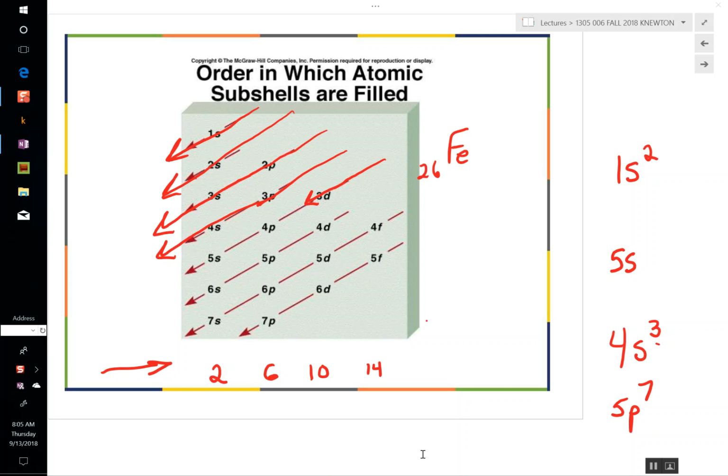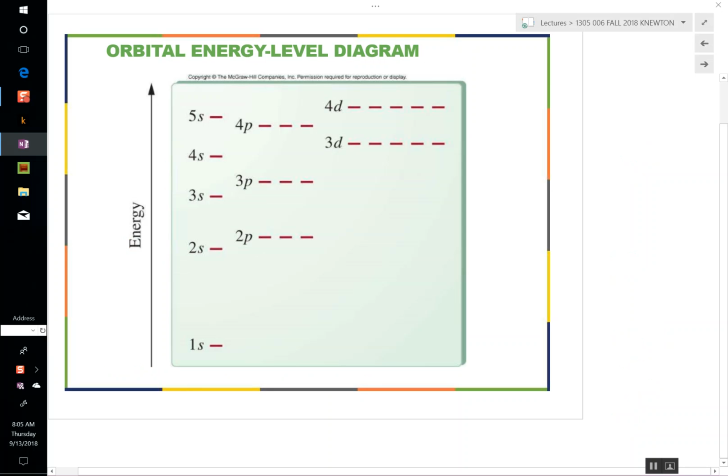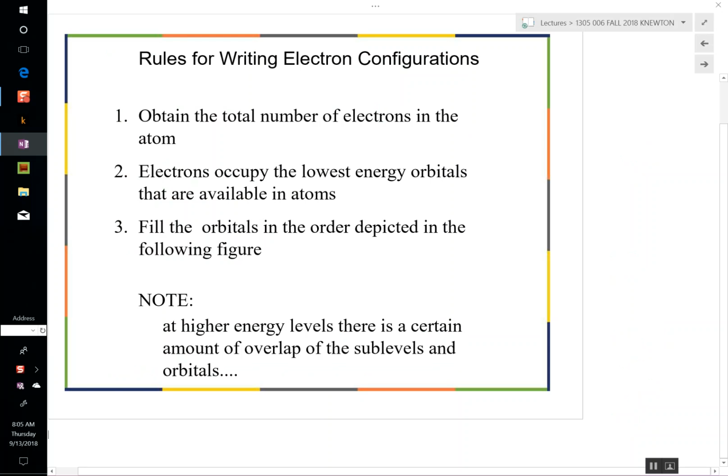So we'll start, like I said, just back a little bit. This was a critical slide. I'm going back. Rules for writing electron configurations. Just to wake you up in the morning here, we mentioned this on Tuesday. What we're talking about is where exactly are these electrons? Where are they? There are energy levels, sub-levels, and then there are